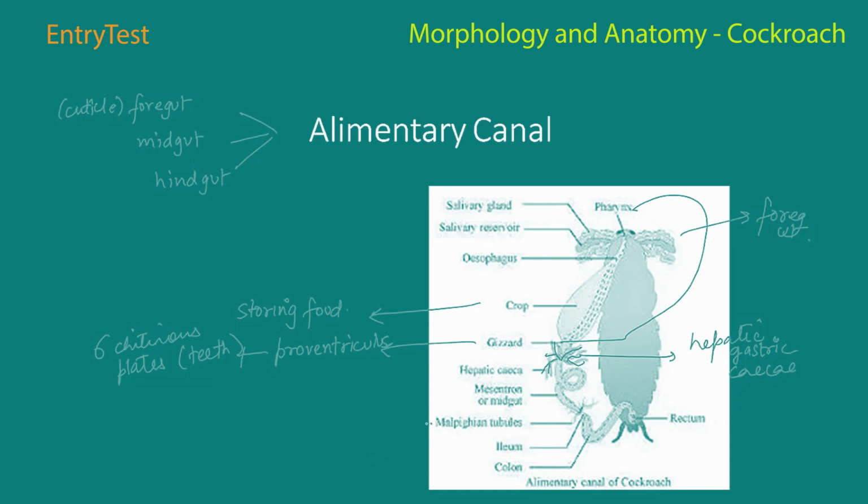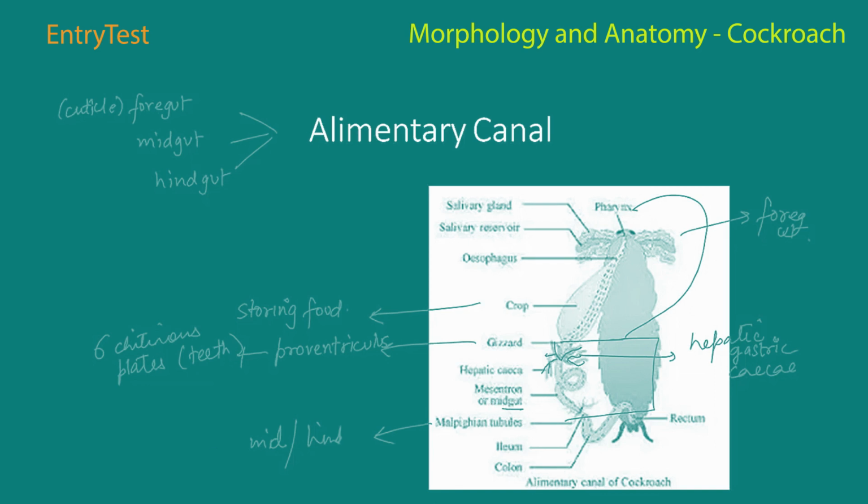So this is at the junction of the midgut and the hindgut. So that is the third area, that is the midgut. This midgut also has another name, that is known as mesenteron. And these Malpighian tubules help to remove the excretory products from the hemolymph, which is the circulatory fluid of